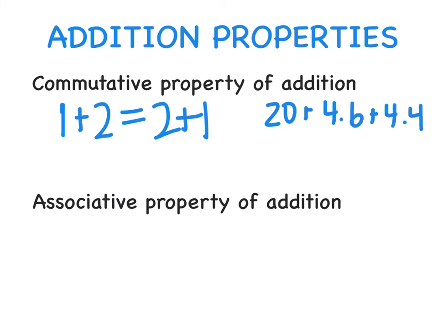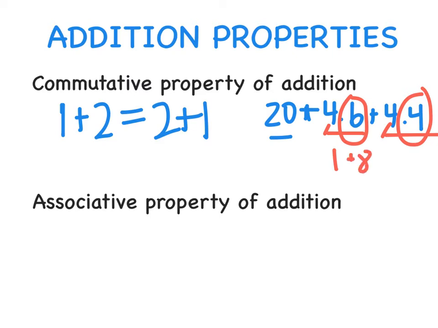I don't have to add from left to right. I see that these two numbers on the right go together well because 0.4 and 0.6 makes one whole. So I can add those two first. That makes one whole, and then 4 plus 4 is 8. So I'm doing this in my head, but I'm writing down what I'm doing to help you see, and that's 9, and then I add 20 onto that in my head and get 29. So sometimes adding the numbers in a different order will help you to make it a little bit easier to